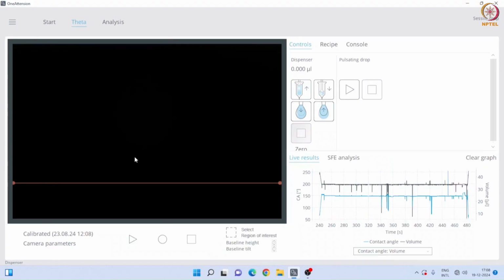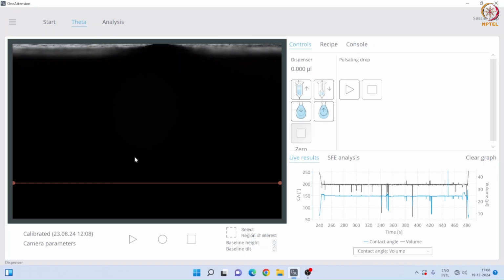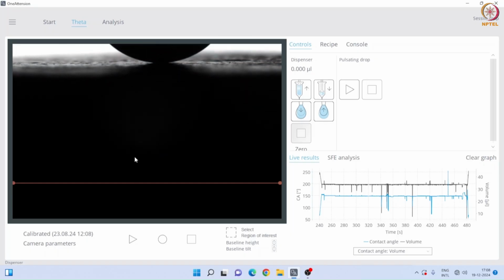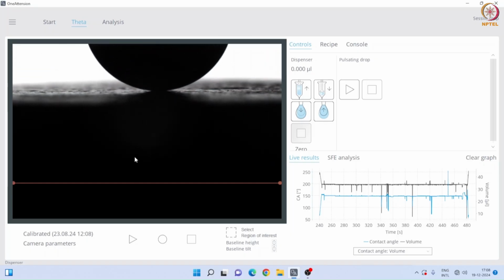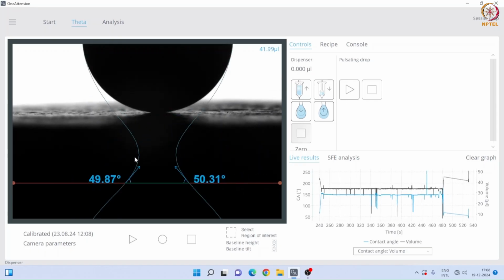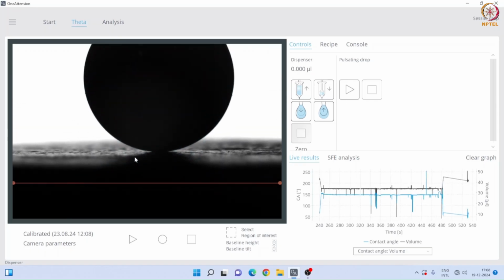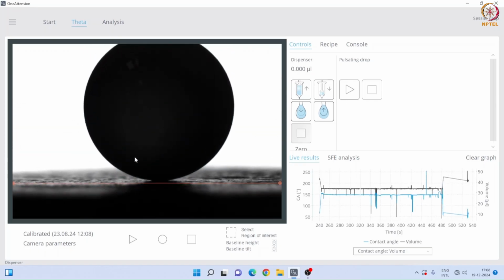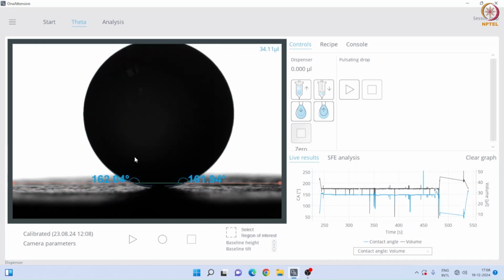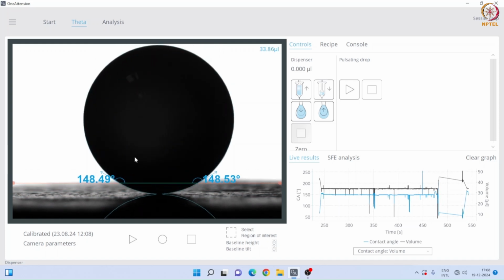As you can see here, our stage is not visible. Now by changing the z-axis of the stage, I am trying to adjust the ball within the frame. You can change the minor focus in your camera to position this ball in the middle of the window. Now by adjusting the minor focus, you can properly focus on the ball. Once the focus is adjusted, the entire ball will be clearly visible. Now, after focusing on the ball on the stage, you can see that our ball is properly visible in the system.